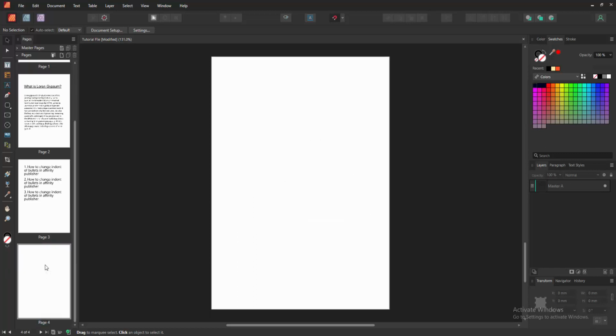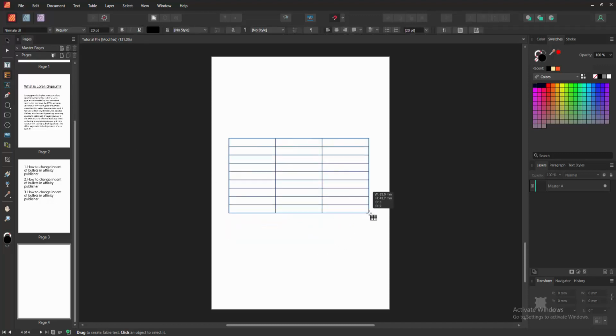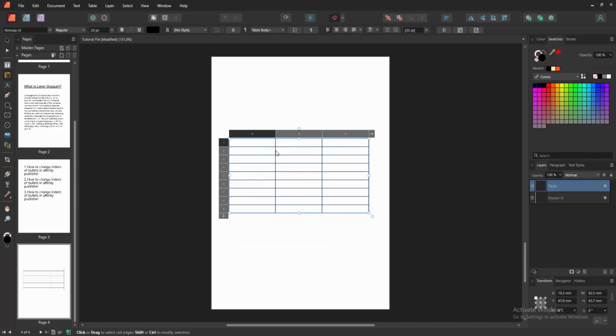Firstly, go to a blank page. Now we want to make alignment to this border. Firstly, insert a table. Select this table tool and draw a table on this page. Now we want to align this table border. Select this arrow,